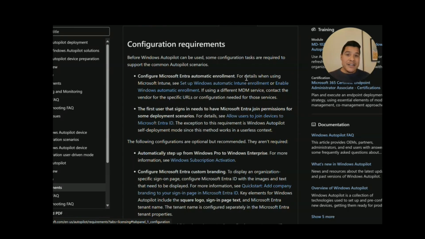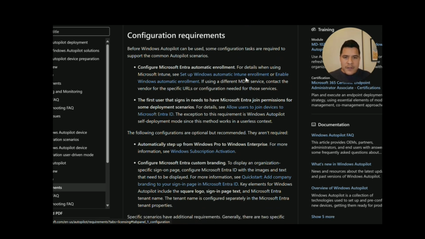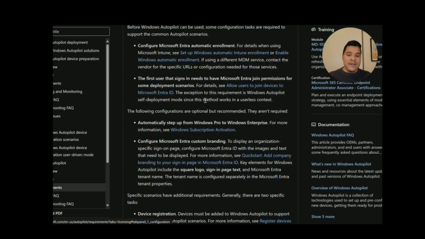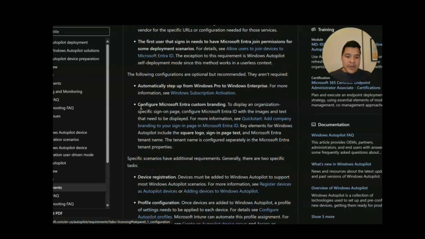So here, essentially these configurations are telling us, go set this up in Intune and let's fire away. Cool. So let's read over some of them really quick. Before Windows Autopilot can be used, some configuration tasks are required to support the common Autopilot scenarios. So here we see that we need to enable Microsoft Entra automatic enrollment. We also want to make sure that